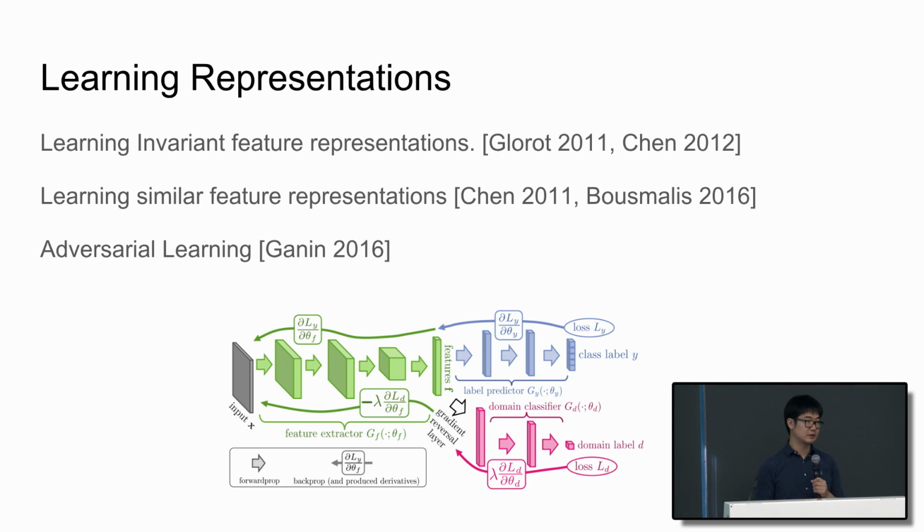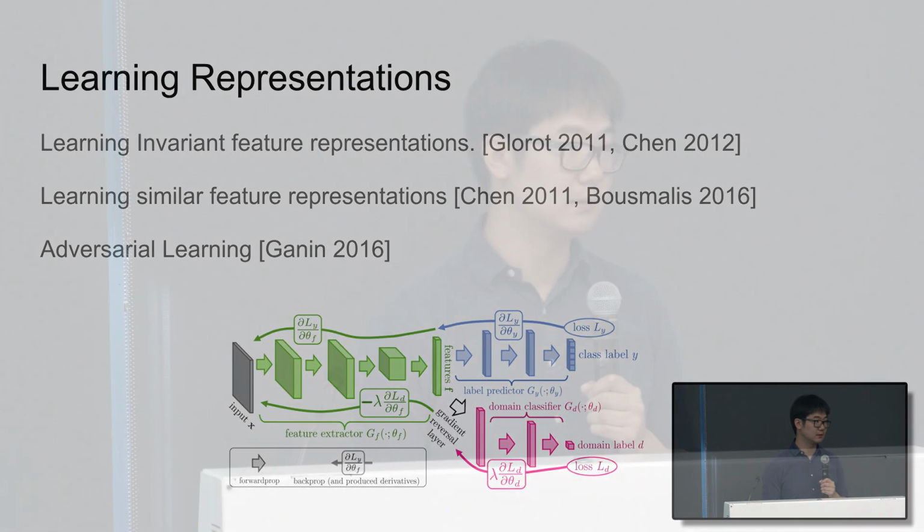The other line of work is that we can learn two sets of feature representations, but add some regularization to make the two feature representations similar. And I think the key difference is about how we do better parameterization, because in the invariant feature representation, we have fewer knobs to tune the feature representation to adapt for the target task. Well, in the similar feature representation, because you have this independently learned feature representation as well as a regularization term, basically you have more parameters for the target task.